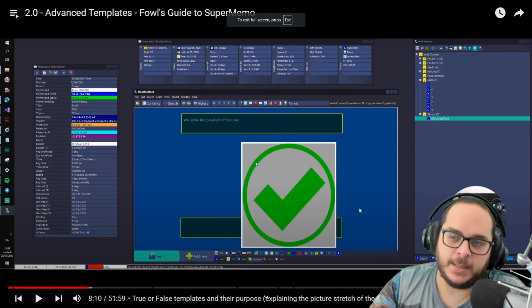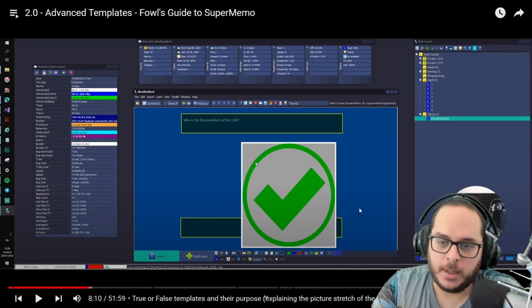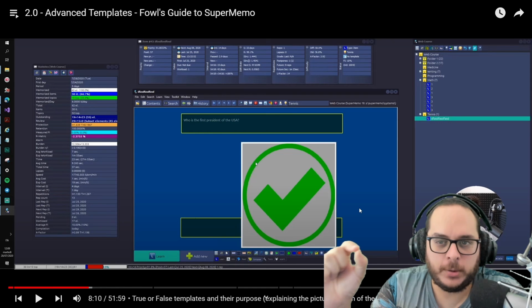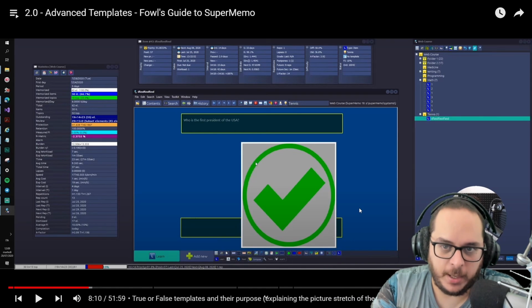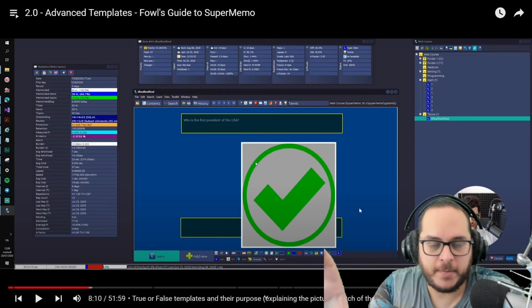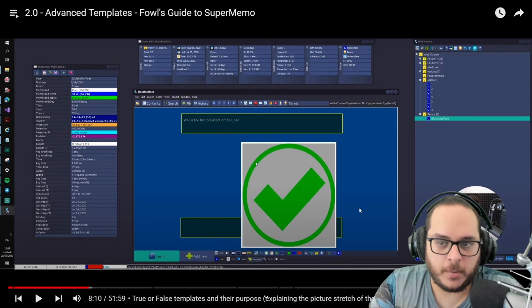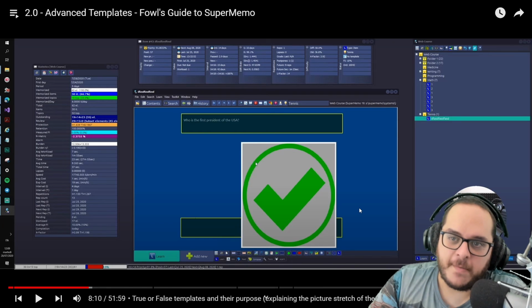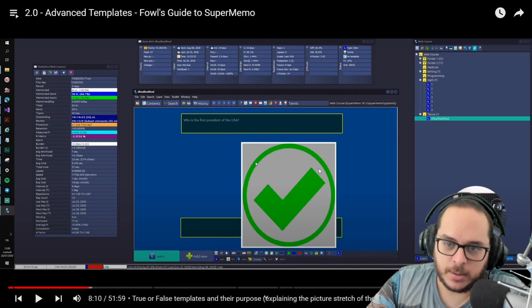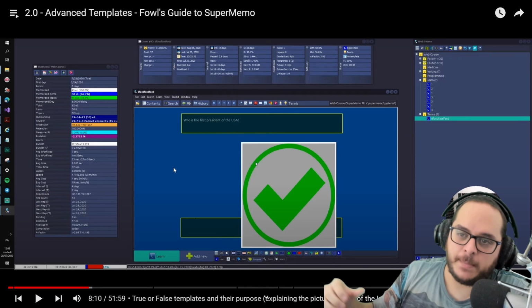So we have seen templates, how we can apply and detach them and so on. But what if I want to always include some images already? So when I apply the template, I already have those images. I don't have to re-add them. This is also possible. Fowl covers this with those advanced templates, but I will be using the same example with